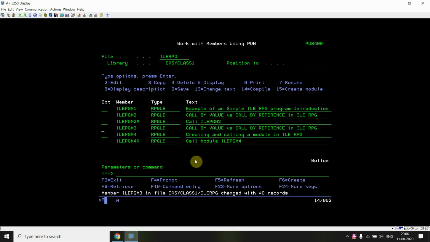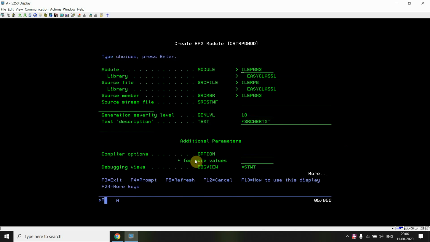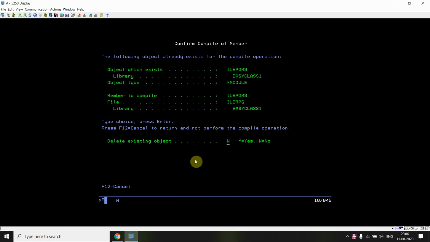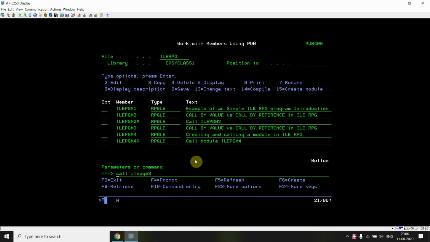Just compile this program once again with star source. Now you can see the module is created. Now compile the program. The program is also created, and start the debug.